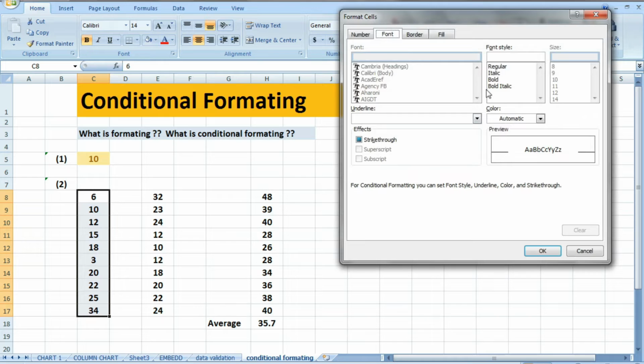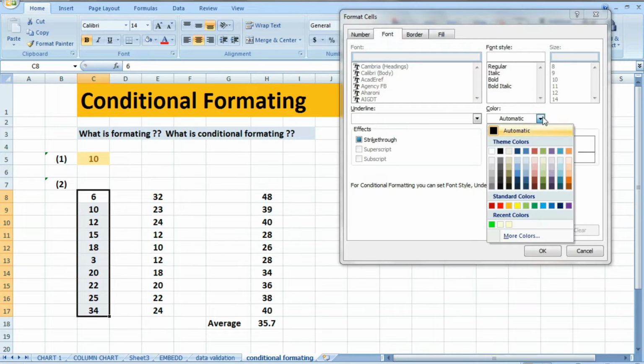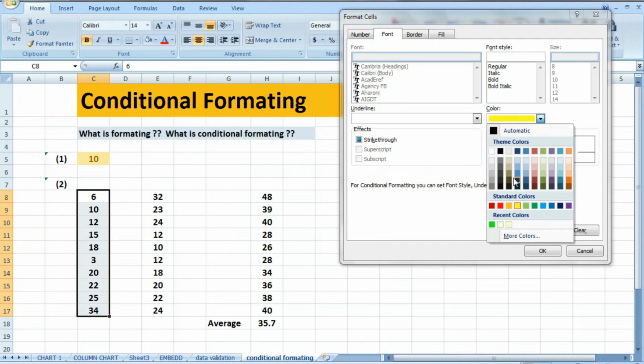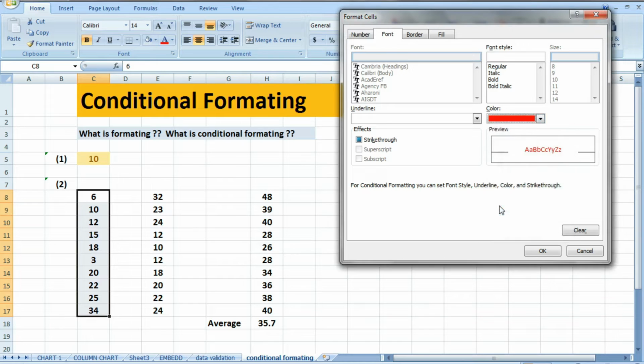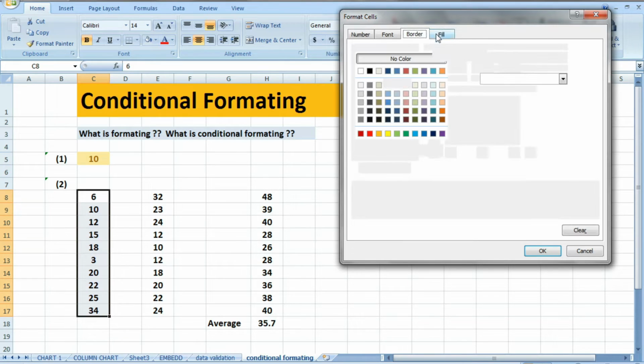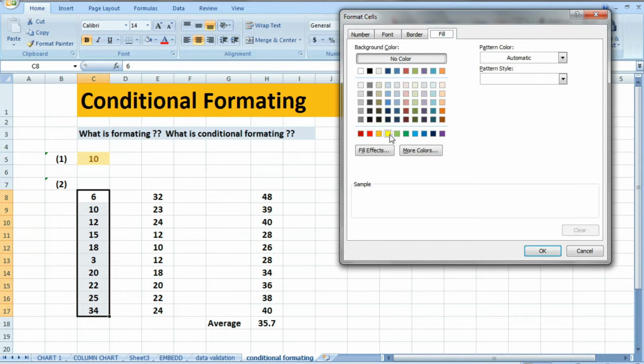How do you want to format? Background color is yellow. No, font color is red, sorry, font color is red. Okay, then border, font type should be bold, border should be like this, and fill is with yellow.